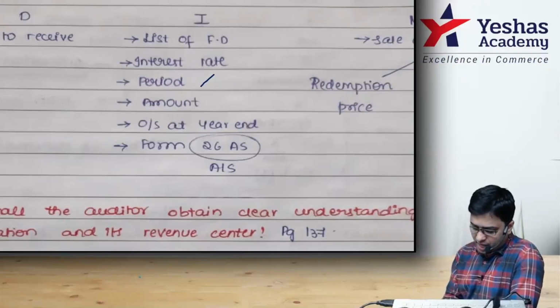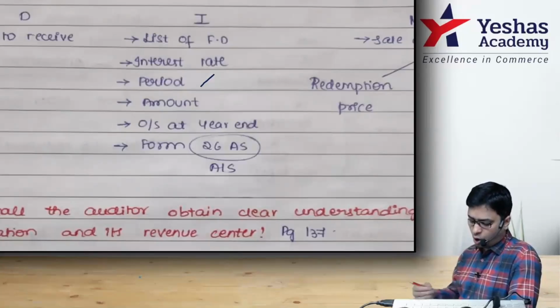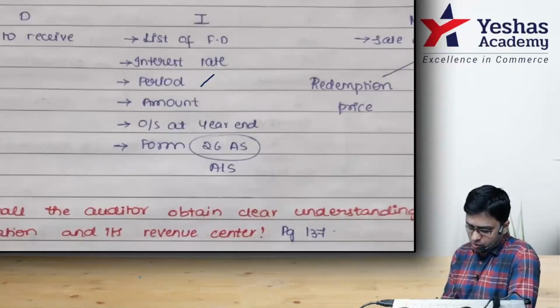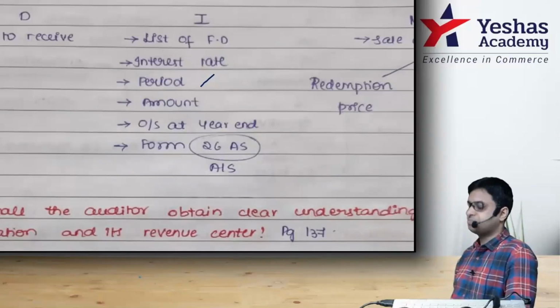They are also given. Next, for deposits outstanding at the period end, trace the same to the direct confirmation obtained from the respective bank. Underline the word confirmation and write there SA 505. Keep having that habit. Whenever you write confirmation, the standard should be automatic. SA 505. Obtain a confirmation of interest income from the bank and verify that the interest income as per the bank reconciles, means matches with the calculation shared by the entity.